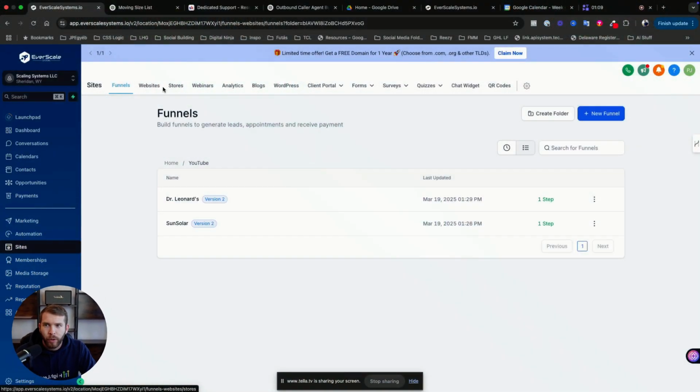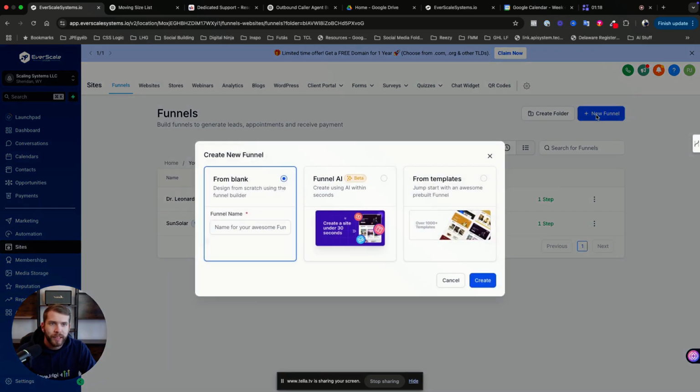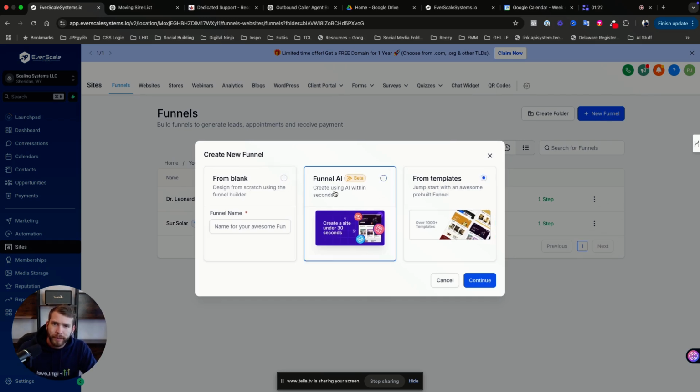Today, we are going to take a look at how great of an initial website we can make, and how quickly, in GoHighLevel. We are in a GoHighLevel account right now. We go to Sites, Funnels, but this applies to websites as well. I like the funnel structure more, so let's see how it goes. I click on New Funnel, and instead of going from blank or choosing from the templates, we are going to